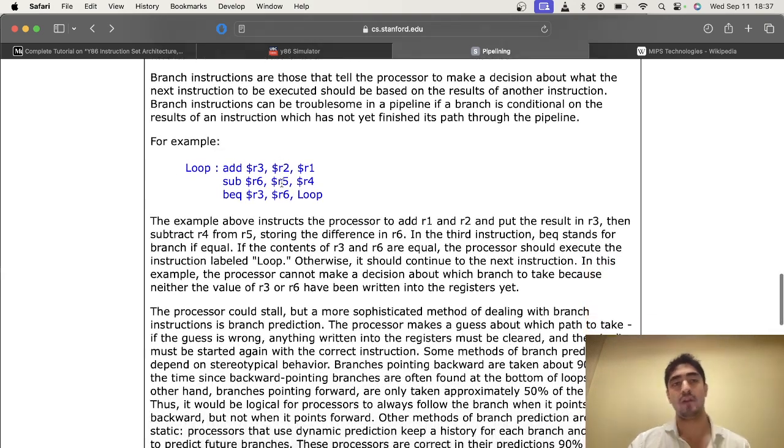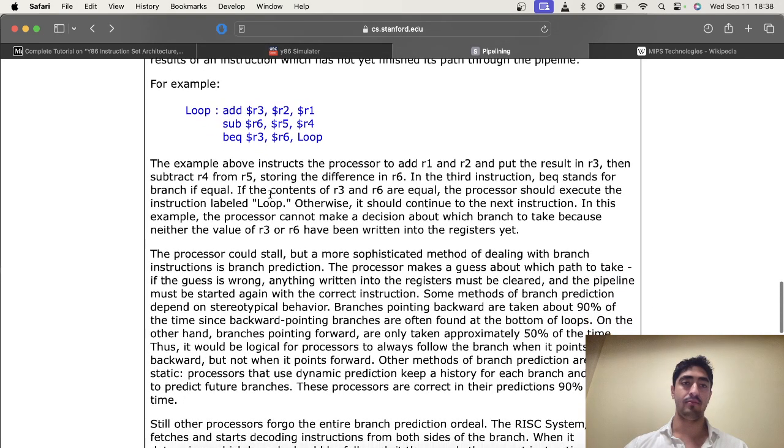Branch instructions are those that tell the processor to make a decision about what the next instruction to be executed should be based on the results of another instruction. Branch instructions can be troublesome in a pipeline if a branch is conditional on the results of an instruction which has not yet finished its path through the pipeline. For example, loop: